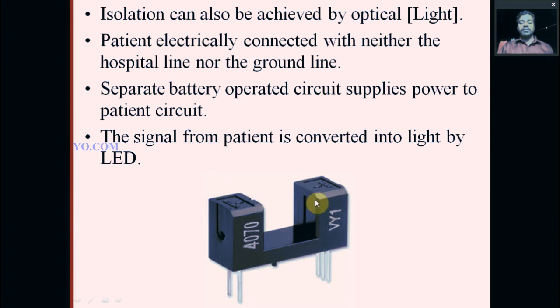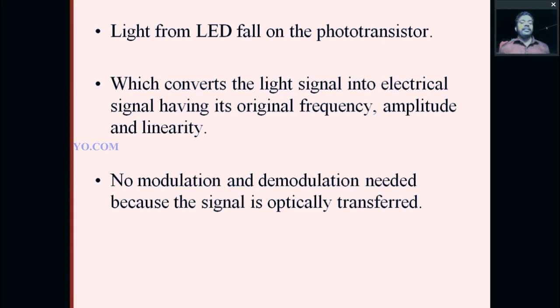On the receiver side, we receive the optical light and it is converted into an electrical signal by using a photoresistor. So this is optical isolation. The light from the LED falls on the phototransistor, which converts the light signal into an electrical signal having its original